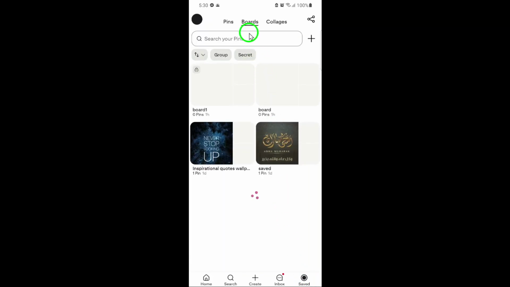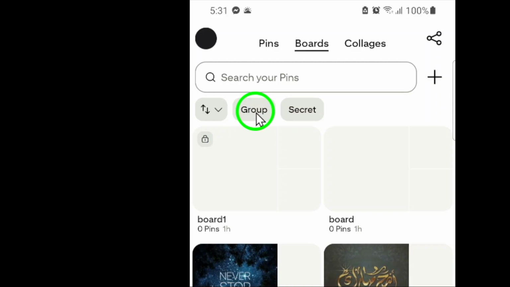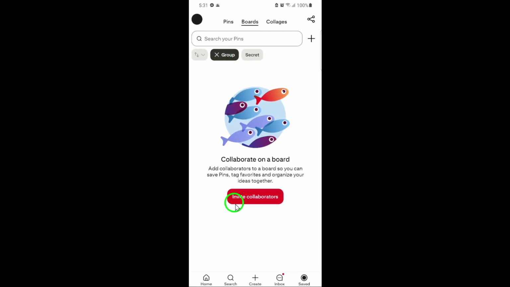This tab displays all the boards you've created or are a part of, but it can get a bit crowded if you have many boards. Now here's the key step. At the top of the Boards section, you'll see a filter option labeled Group. Tap on this filter, and Pinterest will instantly narrow down your view to show only the group boards you're involved